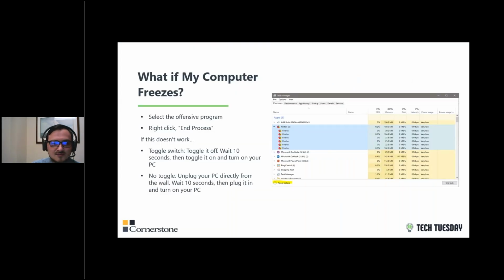And when I say that, I mean it'll look something like this. This is sort of a screenshot of a task manager, and I'll be able to open it up here closer to the end of the presentation if you have any questions related to it. But what the task manager is, it sort of shows you what your computer's working on. It shows you what you have open, and it will show you everything that's going on with your computer.